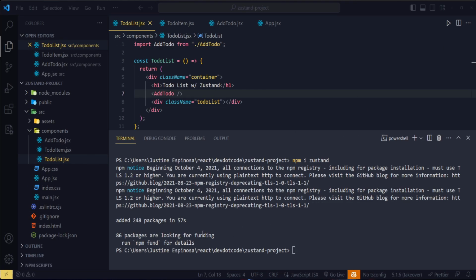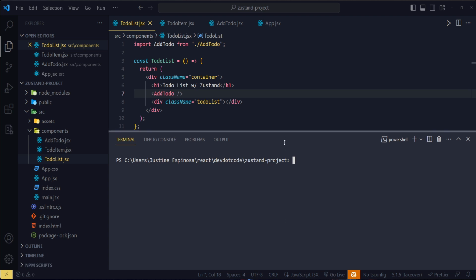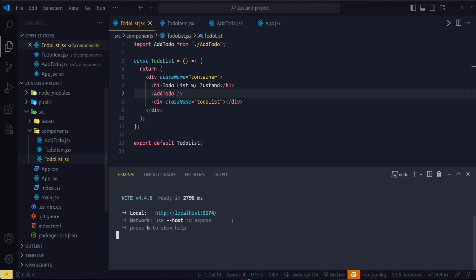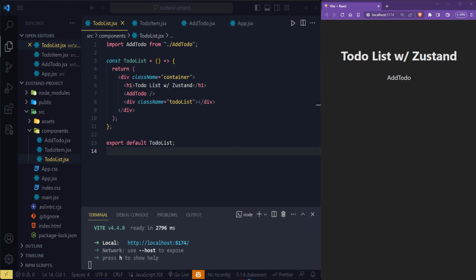At once matapos sa pag-install yung Zustand natin, kiklear muna natin yung ating console. Tapos papalitin ko lang to. And we will run our application para makita muna natin. So npm run dev to boot up our local server. Tapos puntahan nyo lang yung link na makikita nyo dito. Ayan, at para makita nyo yung pinagagawa ko, meron na tayong browser sa ating right side para hindi na rin